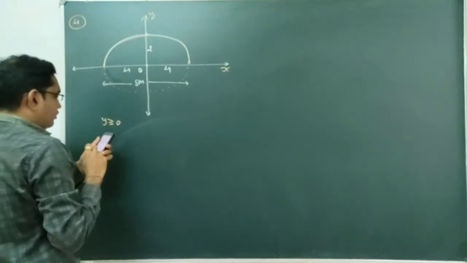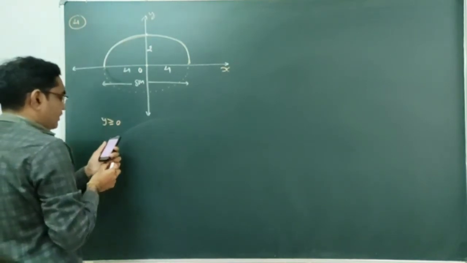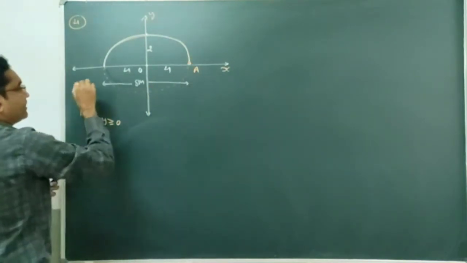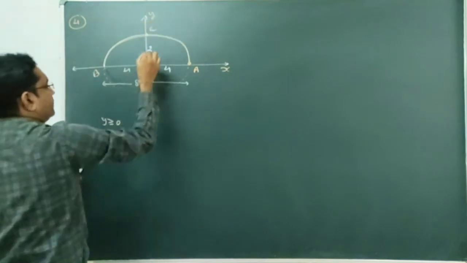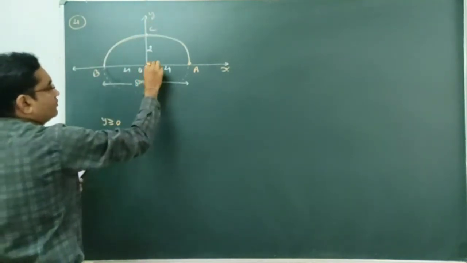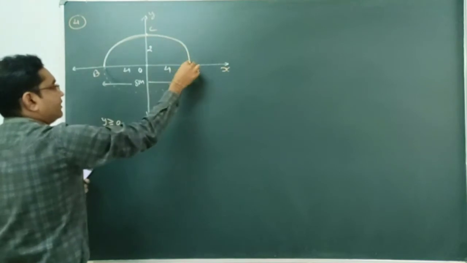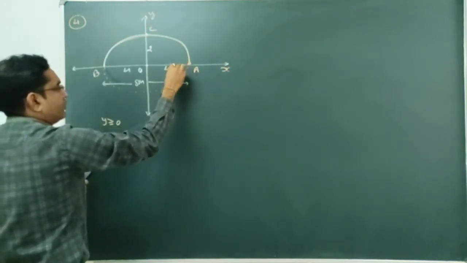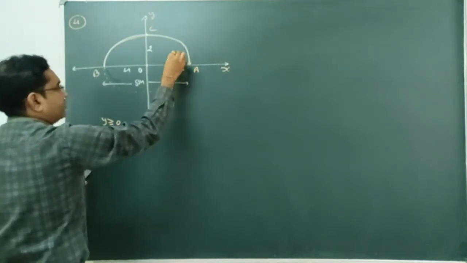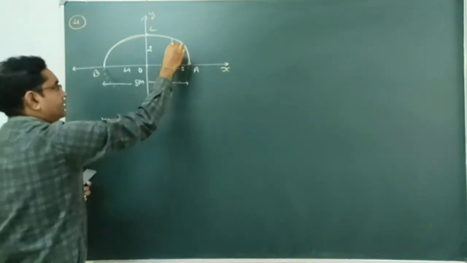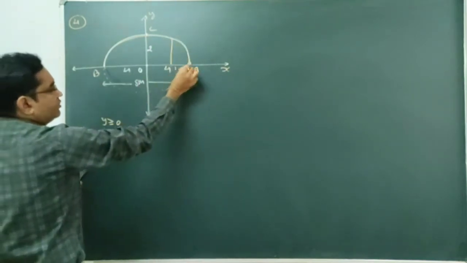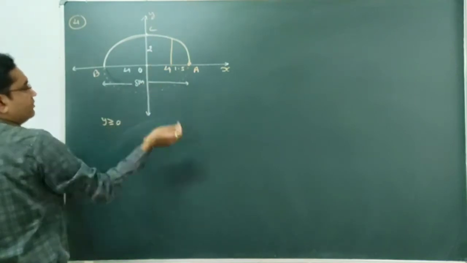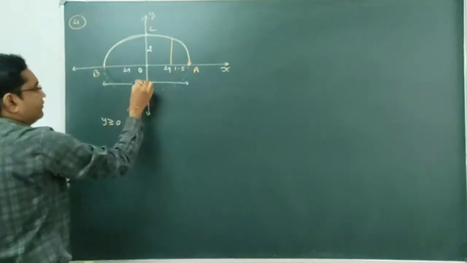So here we have to find the height of the arc at the point of 1.5 meter from the one end. This is one end of the arc. Let's say this is point A, this is point B, this is point C, and this will be our point D. So the height of the arc at the distance of 1.5 meter from the end. This length will be 4 meter because the total width of the arc is 8 meter.